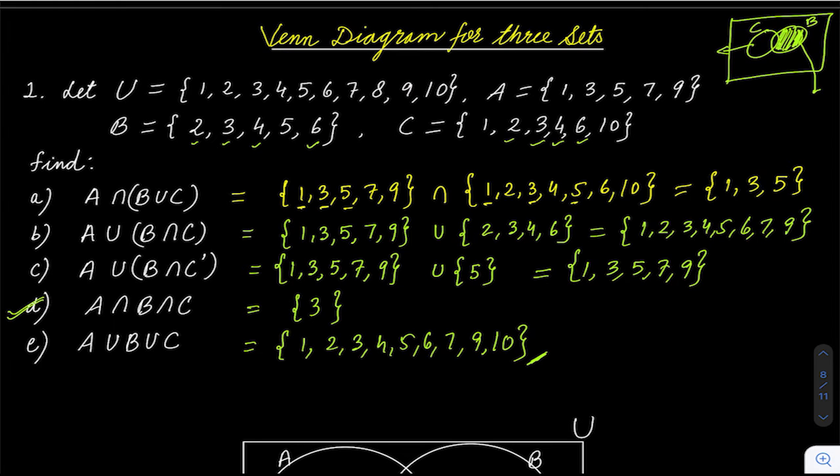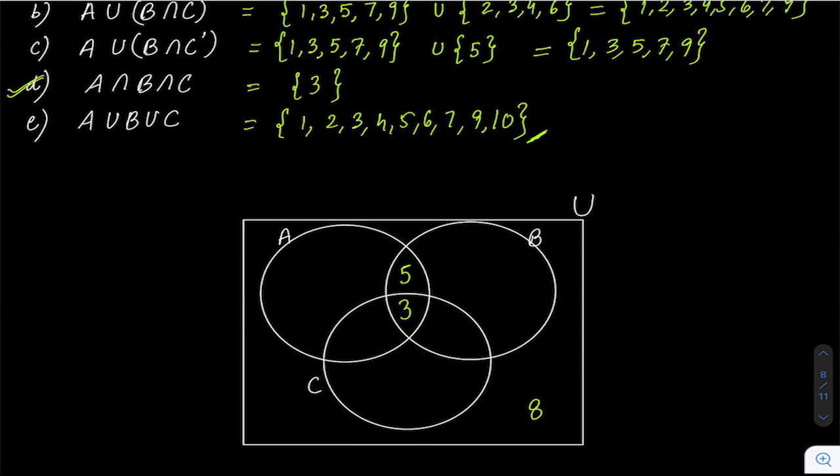Similarly, now I will try to find out what is common in B and C. As already shown, 2, 3, 4, 6: these 4 elements are common in B and C. So 3 is already written. So which part is between B and C? This part. Try to see this. This area is common in both B and C. So 2, 3, 4 and 6. 3 is already there, so we can write 2 somewhere, 4 somewhere, and 6 somewhere in this part.